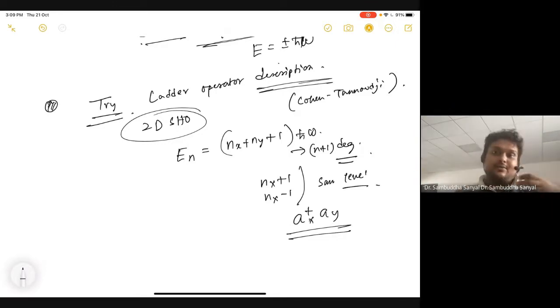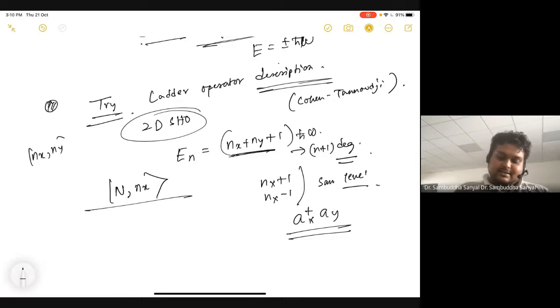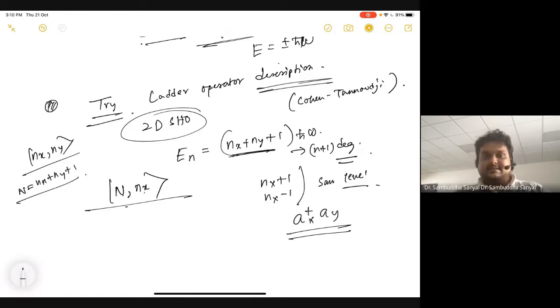So notice how I'm always mixing some intuition in my partial structure of the solution, and then I'm going for the actual problem. This is very important as a physicist, that you must have a third eye to guess the solution. So this is what tells me that this has to be constant, therefore this must have this structure and this must be an invariant. So you can show then that the states can be specified like this, but instead I am calling it n, where n is the total, nx plus ny plus 1. So instead I can label it like that. It's just a convenient choice.